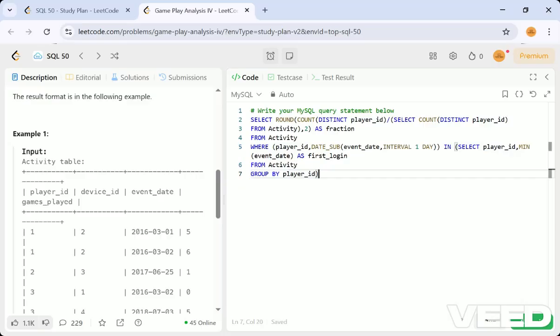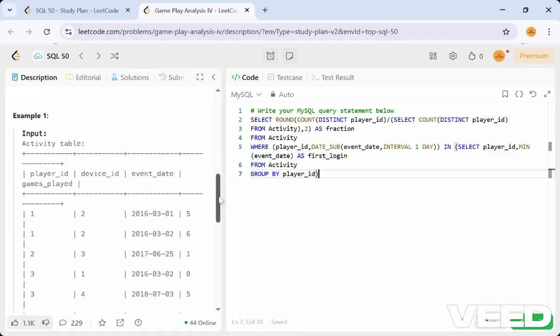So yeah, the thing is clear. First we take the first login, at what time they have logged in, as one table. So whichever interval falls within one date, we are considering that date as the first login.